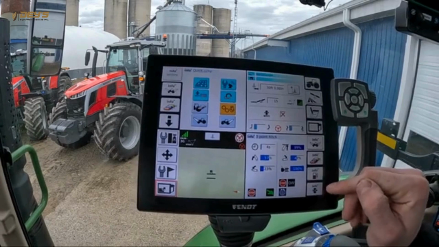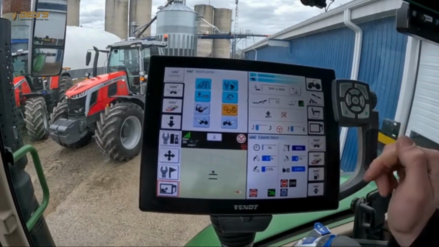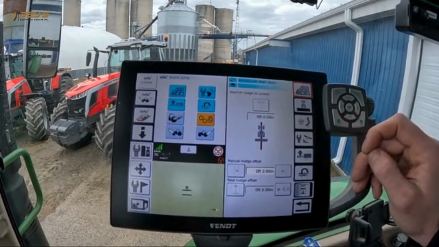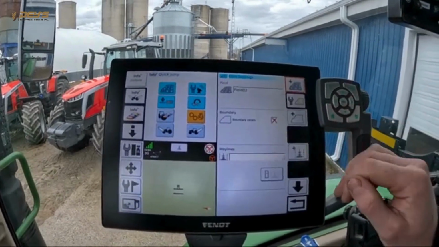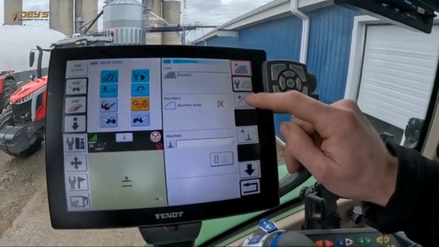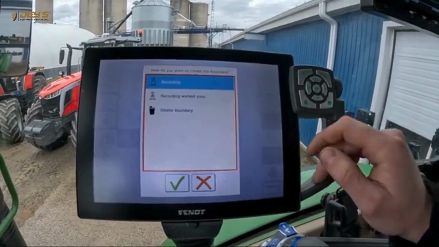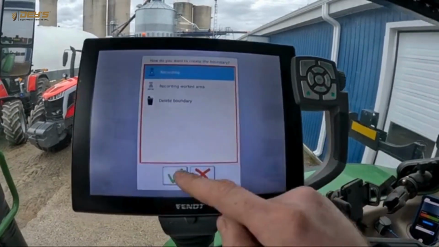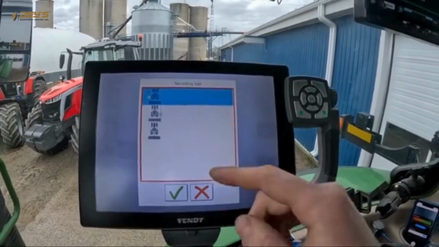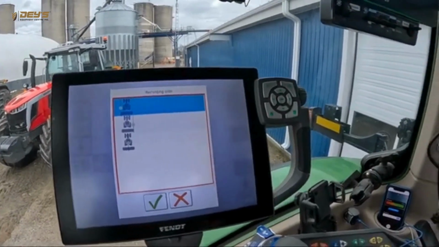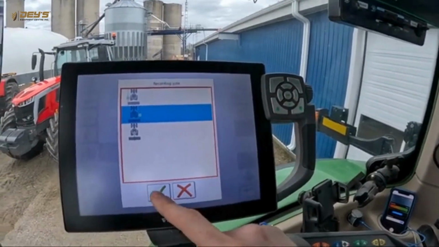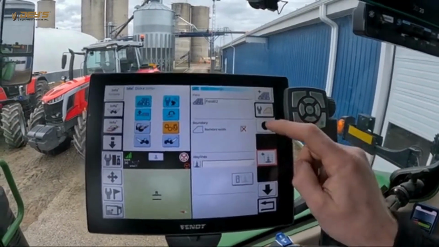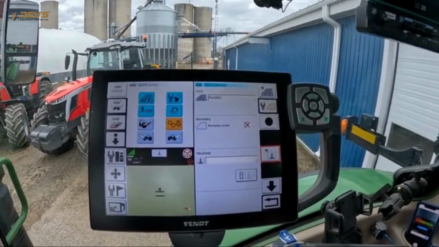So then what we'll do here is go ahead and make a boundary and a wayline. I'm just going to go into our GPS screen here, go to our field menu, and then we're going to create a boundary now that we have all our implements set. We're just going to select it on the recording here. We're going to check, and then we're going to pick which side of the implement we want to record off of. So we're going to go off of the right side here, and then we can have our recording option here. We're just going to pull ahead here,